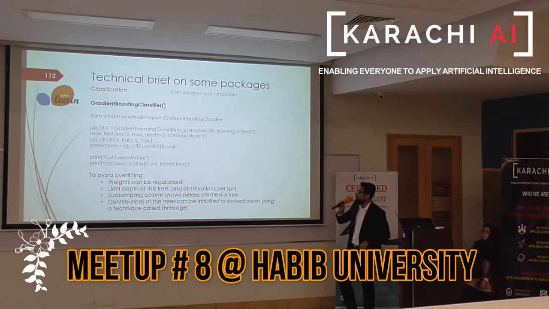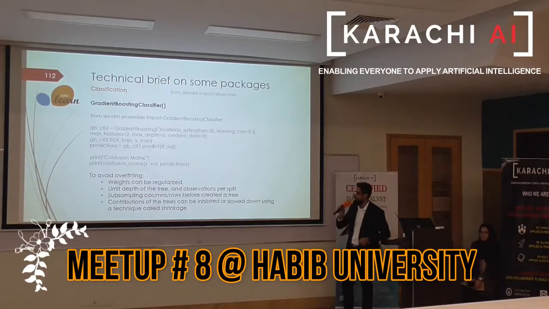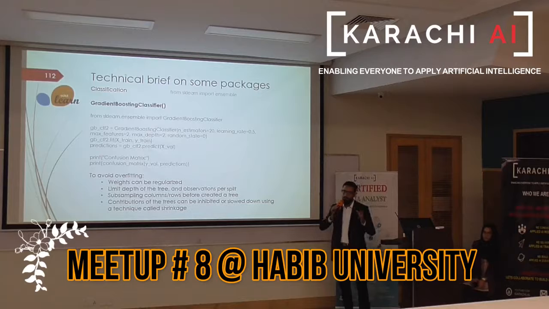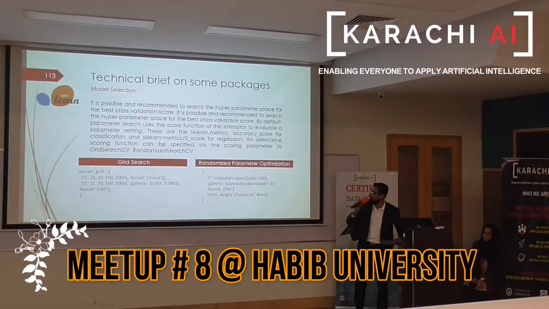In terms of classification، جیسے gradient boosting classifier کی implementation ہے، اس کے اندر یہ ہوتا ہے کہ obviously trees، decision trees are very much prone to overfit۔ تو اس کے اندر بس کچھ اس طرح کے ہائپر پیرامیٹرس ہوتے ہیں جس کے through you can ensure that your model is not overfitting۔ تو you can regularize the weights as well۔ آپ ڈیپتھ لمٹ کر سکتے ہیں ٹری کی۔ آپ بیسکلی سب کالمس کو نہیں، کچھ کالمس، کچھ فیچرس کو اٹھائیں تاکہ اوور فٹ نہ کر رہا ہوں۔ یا آپ یہ کر سکتے ہیں کہ کچھ ٹریز جو اوور فٹ کر رہے ہیں ان کی کنٹریبیوشن کو منیمائز کر لیں، اور جو جنرلائز کر رہے ہیں ان کی کنٹریبیوشن کو میکسیمائز کر لیں۔ In that you can define in the hyperparameters۔